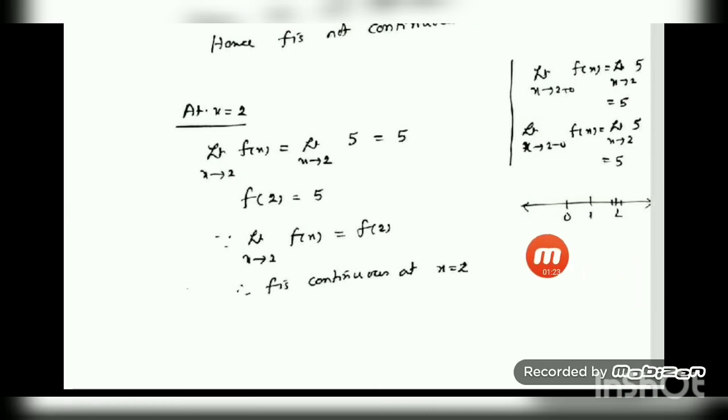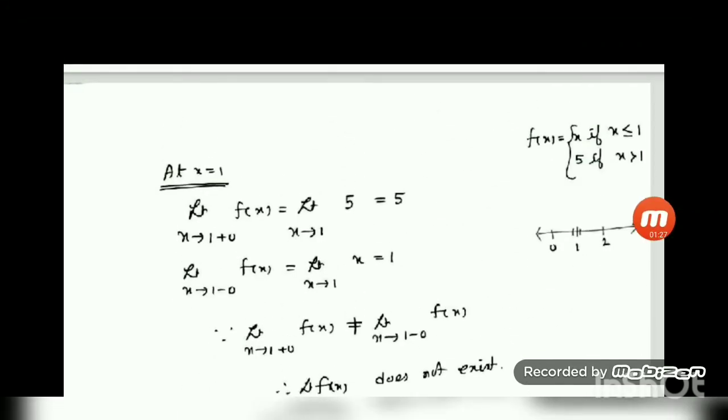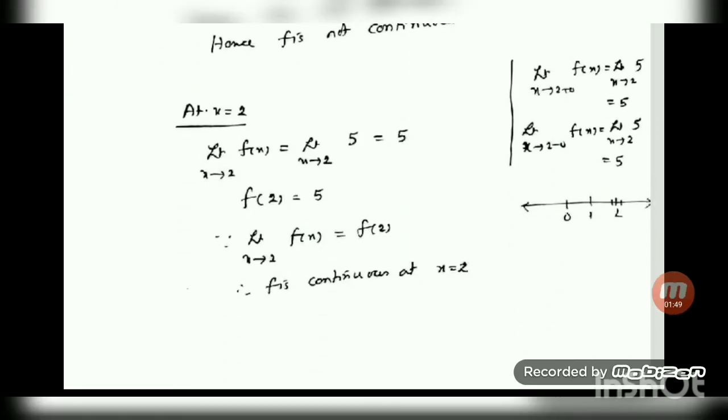Okay, so for x equal to 2, again you see the function. This is your 2, for 2 plus 0 and 2 minus 0. 2 plus 0 is a point on the right of 2 and 2 minus 0 is slightly left of 2, but both of them are greater than 1. That means the function is defined only one way, for 2 plus 0 and for 2 minus 0. So it is sufficient to do the limit just by taking limit x tends to 2.